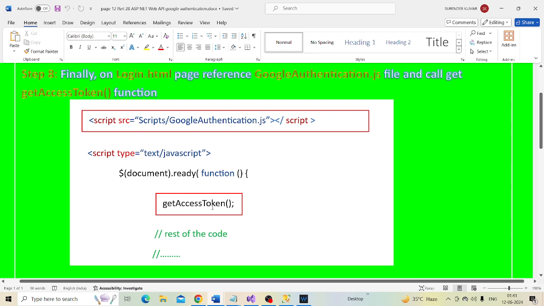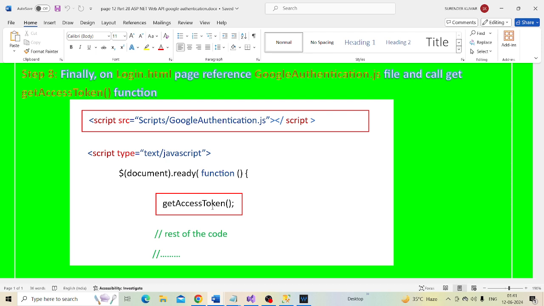So those are all the steps required to use Google authentication with ASP.NET Web API. Thank you for listening and have a great day.